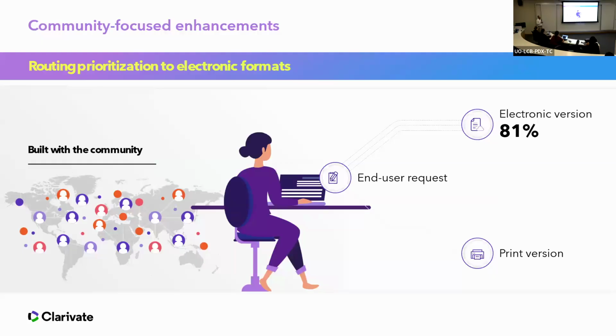It's live. So when a request goes out to RapidILL, we're doing all the lovely load-leveling processing. We're doing the time zone awareness, but we're also taking into account what formats the lenders have available to them. And we are favoring lenders that own the item in electronic format. So prior to this development, around 69% of RapidILL requests were fielded from an electronic resource. That has gone up to 81%. So significant updates, change, and a reduction in staff time needed to process requests.